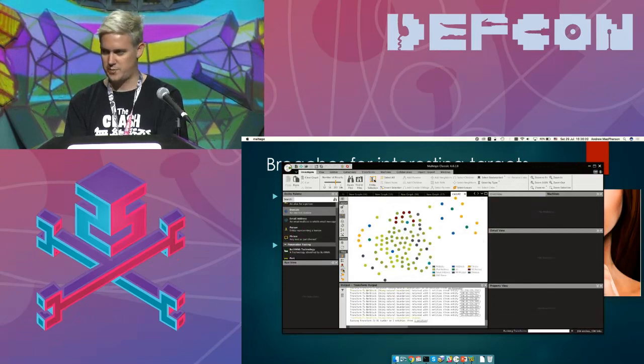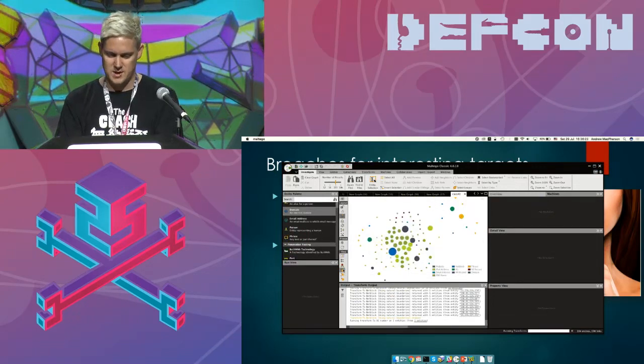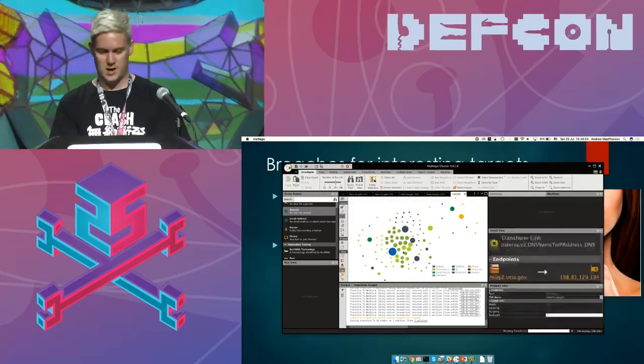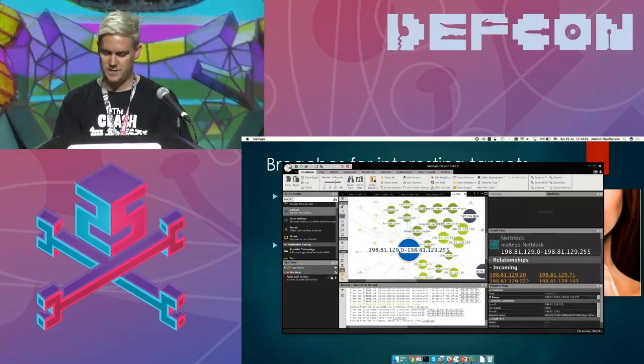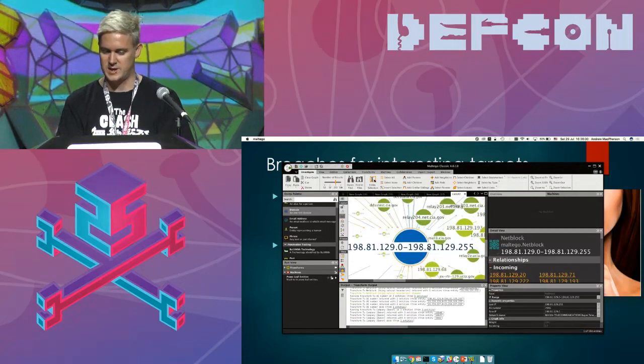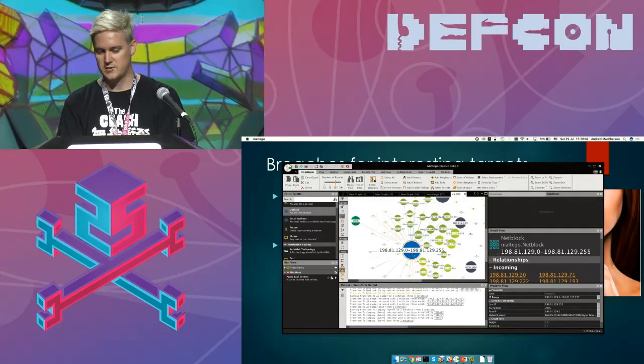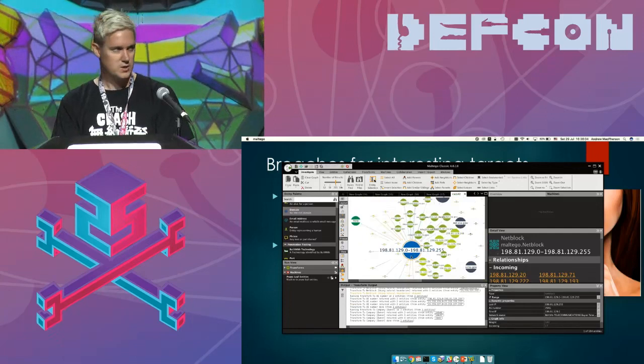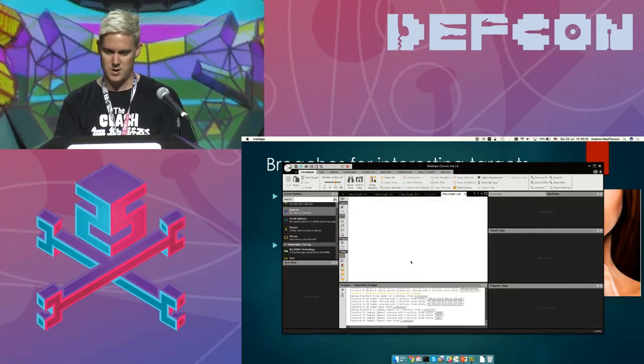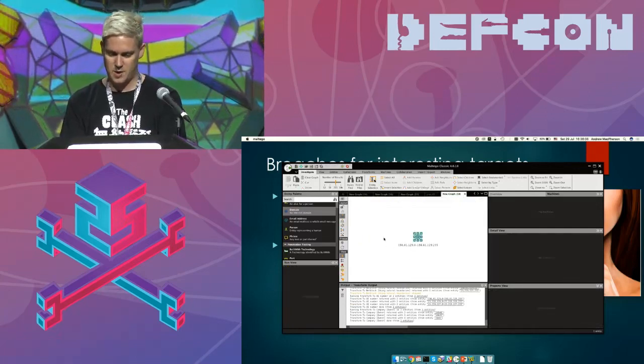Okay, so here's the CIA footprint. You just have to trust me that it's right. If I look at it, I've done the networking side of things. I can find this particular net block. This net block is interesting to me because most of this stuff sits in it. So I'm going to work with this net block. And now I've got this net block over here.